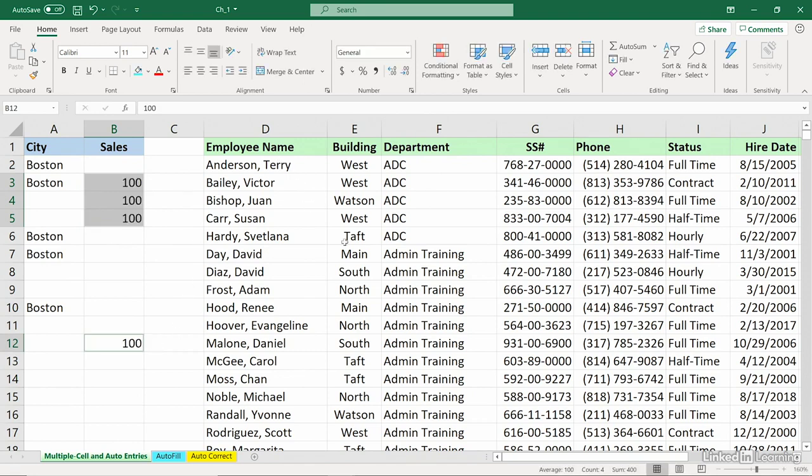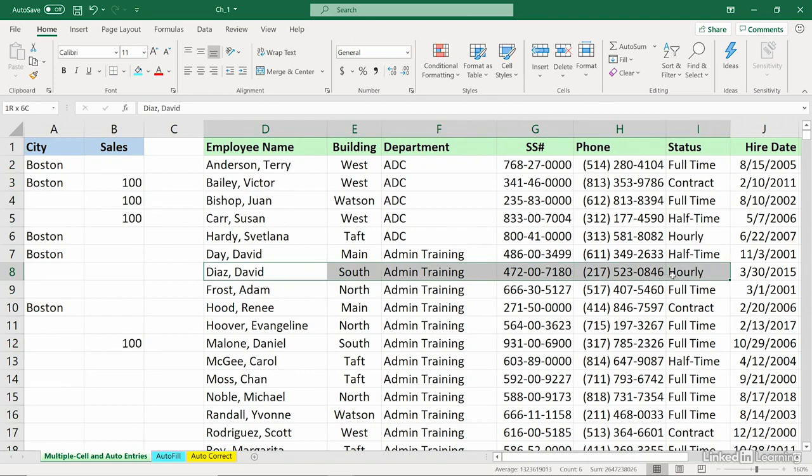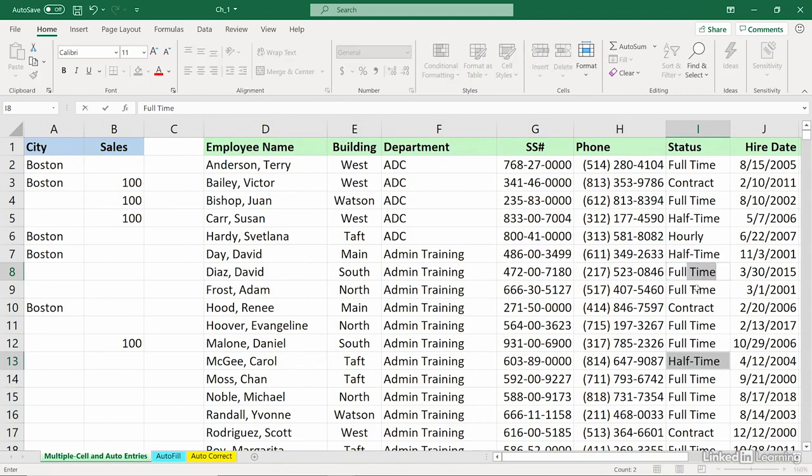And in this list starting in column D, this HR kind of list, in the admin training group, two of the people here have been offered full-time positions. David Diaz right here is hourly and Carol McGee down here is half-time. We're going to change both of those entries in column I to be full-time, but let's do it at once. I'll click on one of the cells, then with the control key, I'll click on the other one. These are in column I. I'll simply type full-time. And once again, as I'm typing here, it looks as if the entry is only going into one of the cells, but I'll press control enter, and both of those will have changed at the same